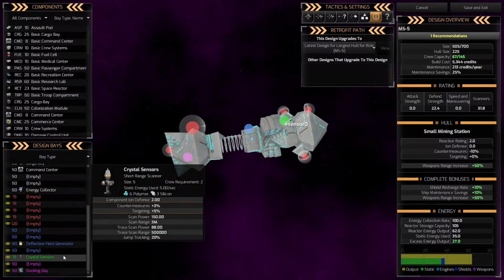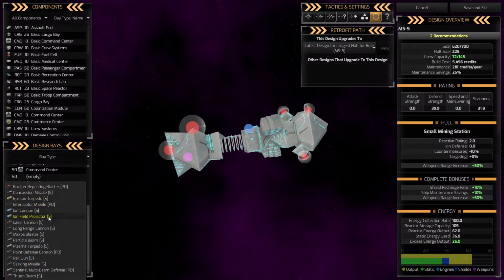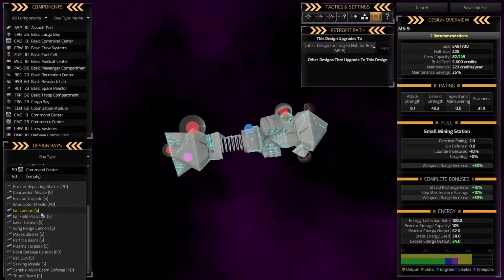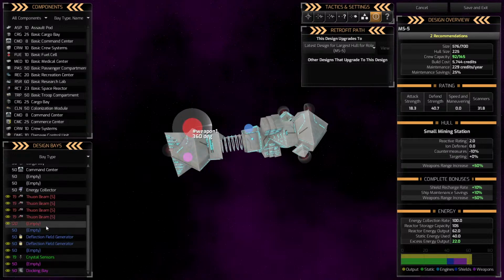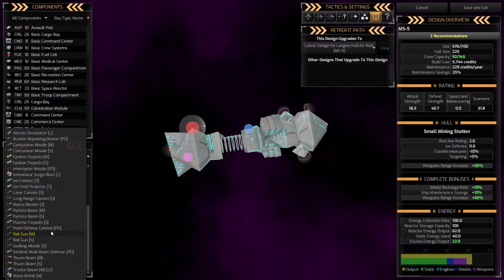What I really want to do is add weapons to them so they can defend themselves the slightest bit. I mean, they really won't be able to defend themselves at this point, but I think we should be able to afford the upgrades at this point. Missiles, we're going to be doing beams and missiles, so